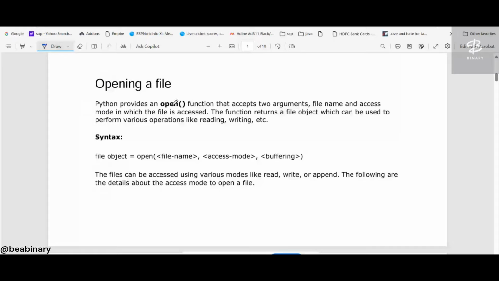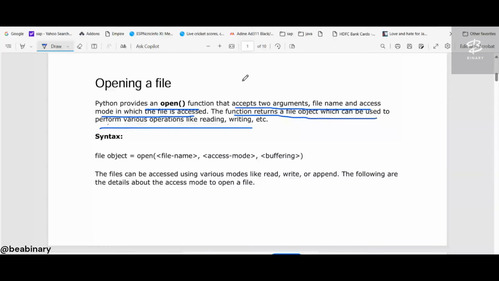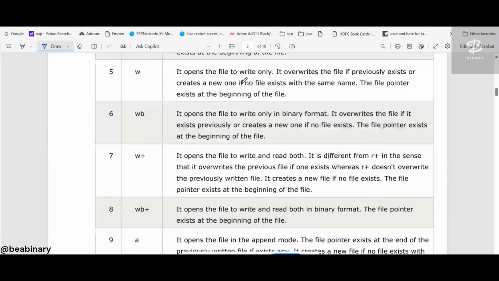पाइथन प्रोवाइड एन ओपन फंक्शन। पहले मैं ये सब डाटा बता देता हूँ, फिर कल हम इसका प्रैक्टिकल करके देखेंगे। Python provides an open function that accepts two arguments: file name and access mode in which the file is accessed. The function returns the file object which can be used to perform various operations like reading and writing. मैं एक एग्जांपल से समझाता हूँ पहले डायरेक्टली, और आप देखिएगा पहले।